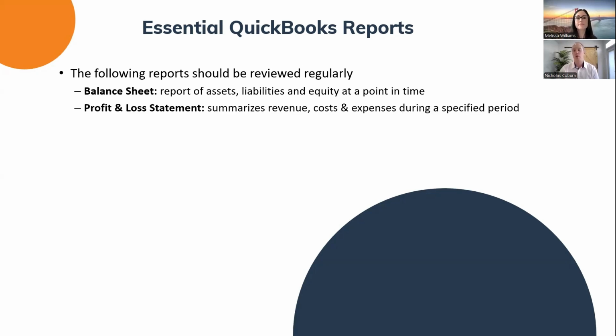The other one for sure is the profit and loss statement. That is a summary of your revenues, costs, and expenses. It is a point in time, so if you're looking at a monthly P&L, you're just looking at that month. You're not looking at the history. You're looking at a fiscal period. You're definitely looking at the full year. But it is a point in time report, seeing ultimately the net income and profitability of the business.